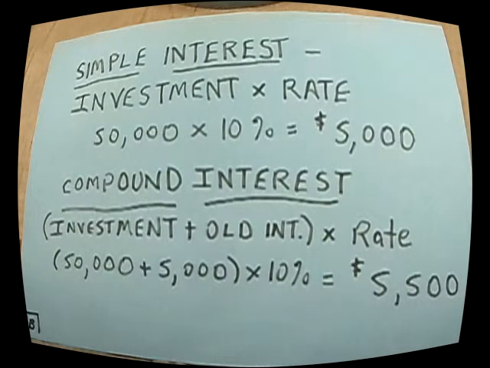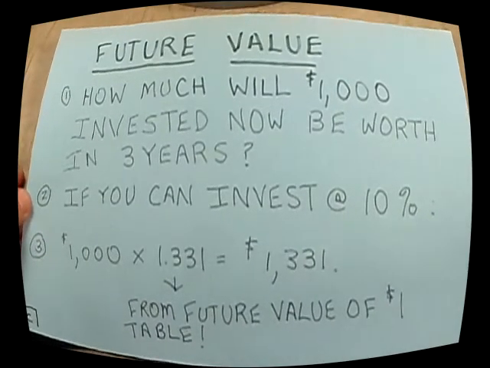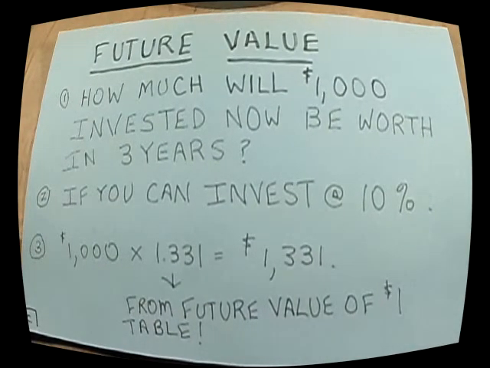When you multiply this by 10%, you now owe $5,500 this year. So we call this compound interest. And compound interest is more common. Here, any balance we haven't paid becomes the current balance. All right, two concepts that are very important in considering the time value of money is future value